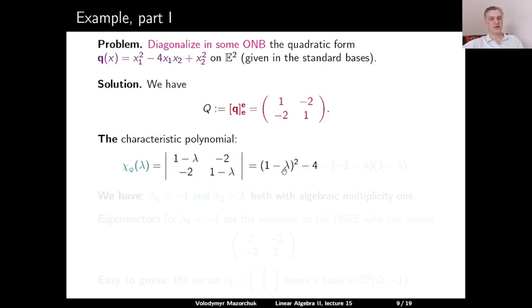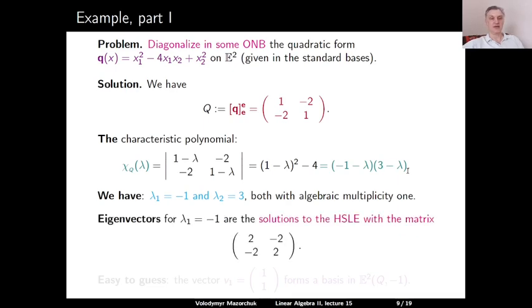This is a difference between two squares, so this is (1 minus lambda minus 2) times (1 minus lambda plus 2), which gives us minus (1 plus lambda) times (3 minus lambda). So we have two eigenvalues, minus 1 and 3, both with algebraic multiplicity 1. To determine the eigenvectors for the eigenvalue minus 1, we need to solve the homogeneous system of linear equations whose